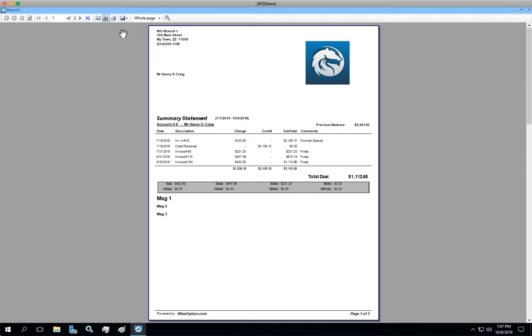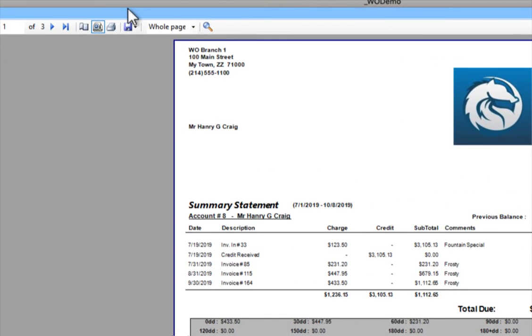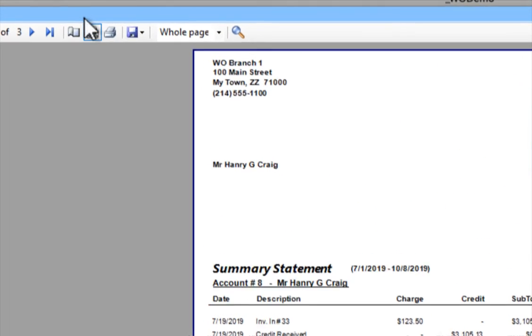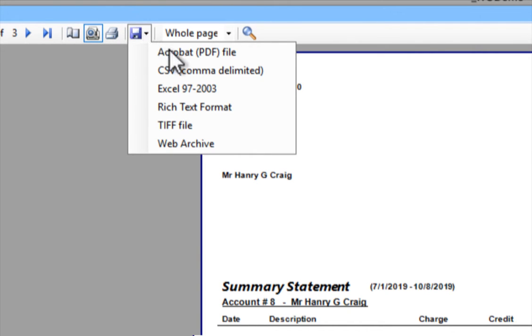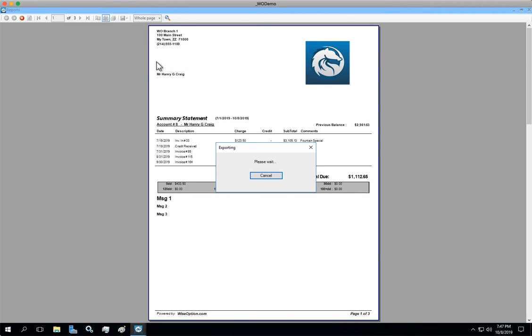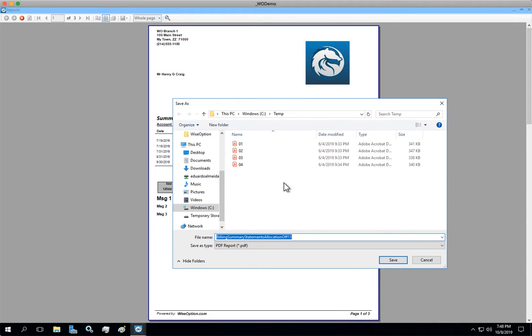Now, here on top, you have this little icon. Let me try to make it a little bit bigger here. There you go. So this is the icon we can use to save as a PDF file. When you use that shortcut to the PDF file, it is now generating the PDF document, which you can save in your